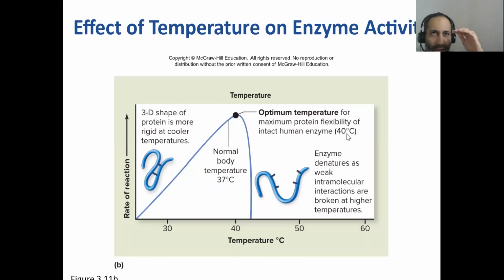So it's a little more than 98.7. It's like when you have a light fever, 99 degrees Fahrenheit. That's when your enzymes are working at the optimal level. But what if you have a higher fever than 99 point something, 100, 101, 102 degrees Fahrenheit? Then your enzymes get denatured and they stop working as well.